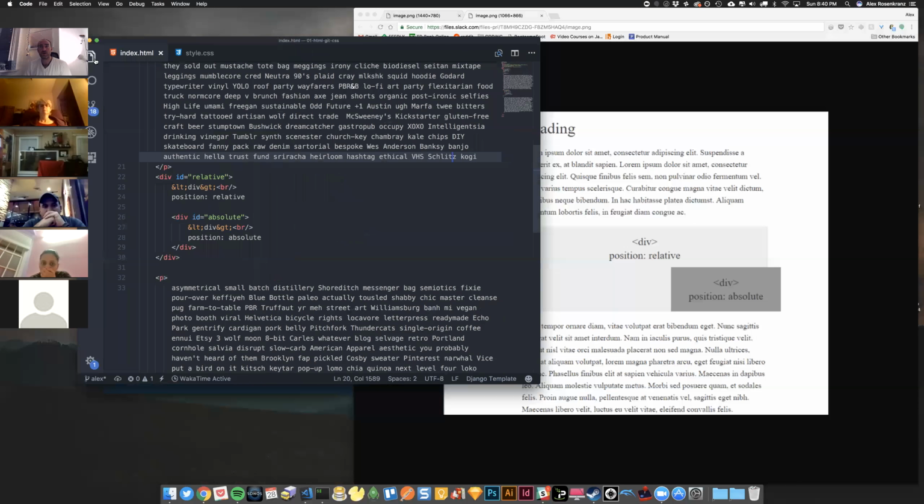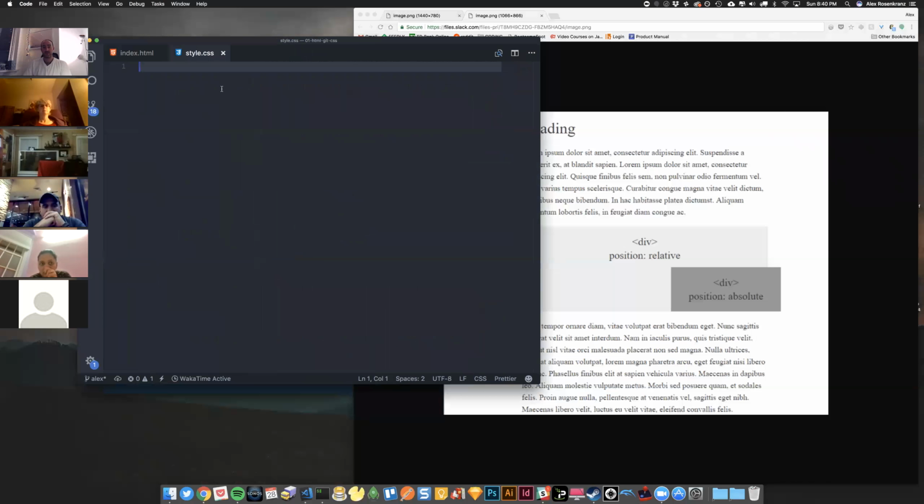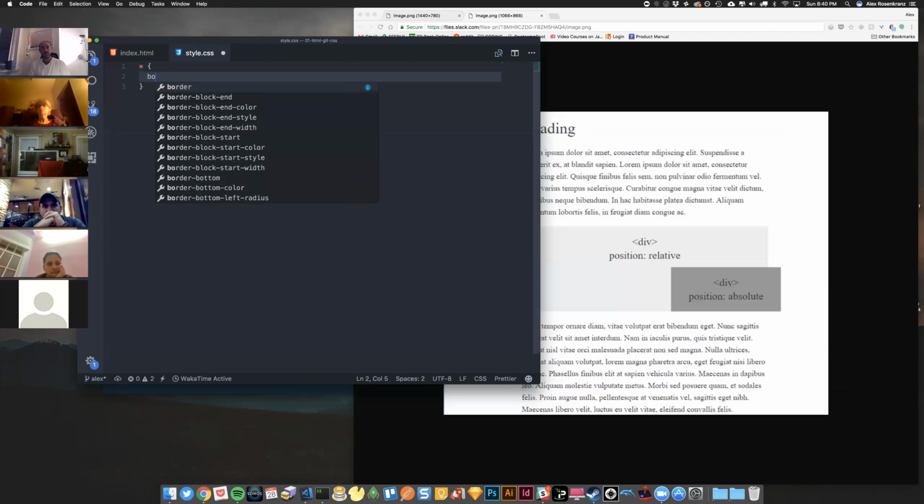All right, so now what I want to do is I'm going to go into my style.css. First thing I'm going to do, I'm going to give it just a generic override. Just make sure that